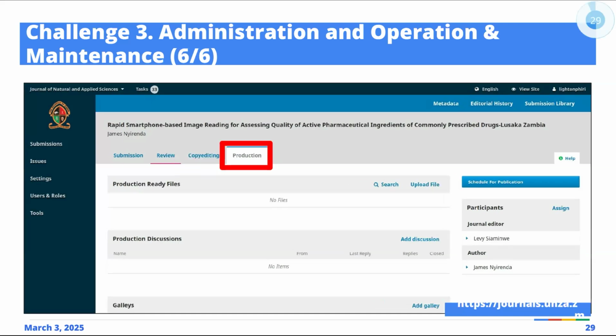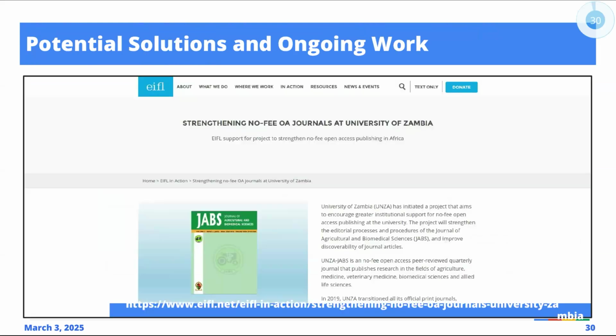And then in terms of production, one of the many challenges that we have really is issues that happen as you are about to publish or once the article is published. So things like indexing of content, syndication of content, and indeed making sure that metadata is appropriately specified. I know that was quite a very fast way of going through some of these challenges, but it turns out that